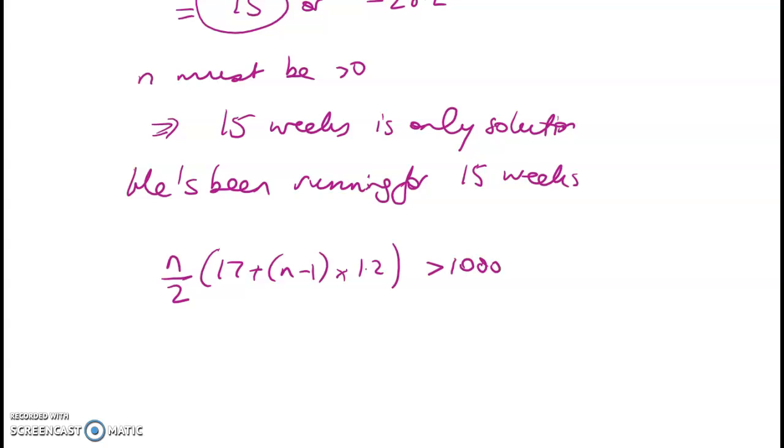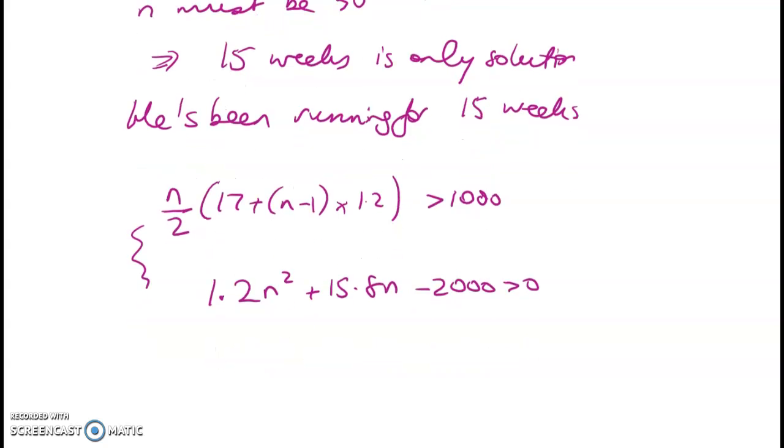When I work this through, I'm going to skip through to the quadratic just to speed the video up. We're going to get to this 1.2 n squared plus 15.8 n again minus 2000. If you're not sure about where those intermediate steps came from, just send me or Mr. Hawke an email and we can help. And this one I did just do on my graphics calculator. Okay, so I get n is equal to 34.77 or negative 47.935. So we reject,